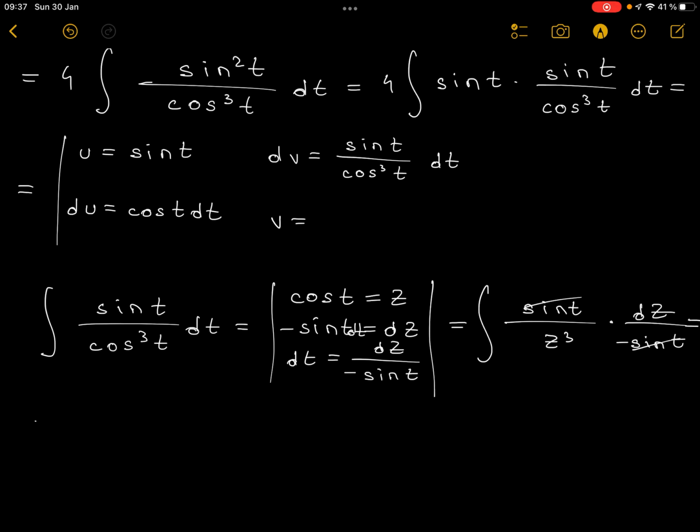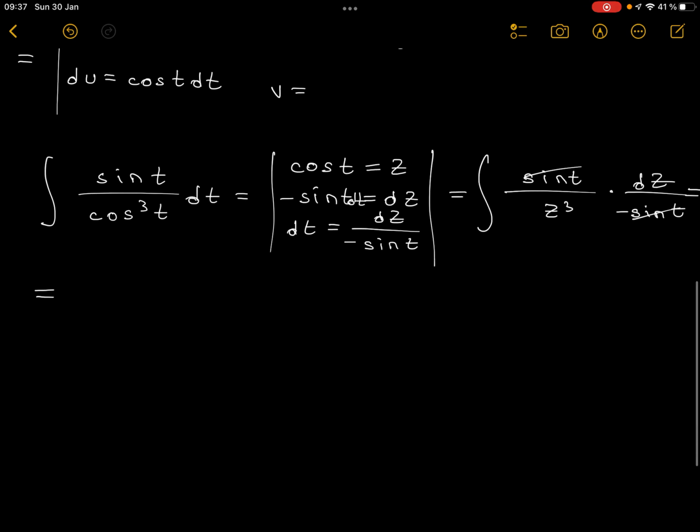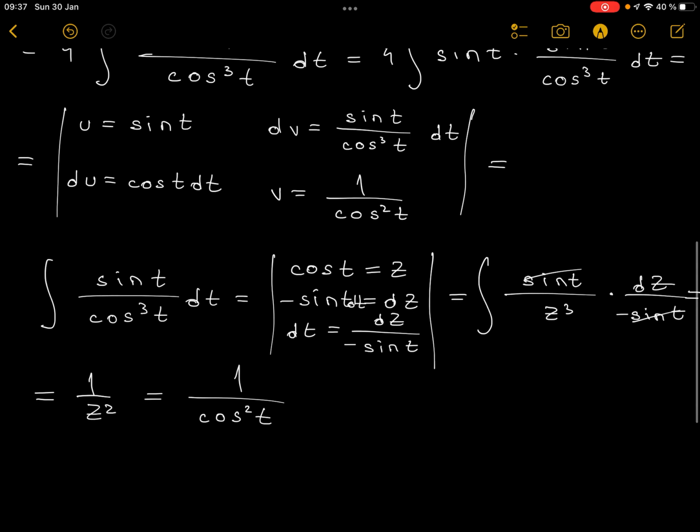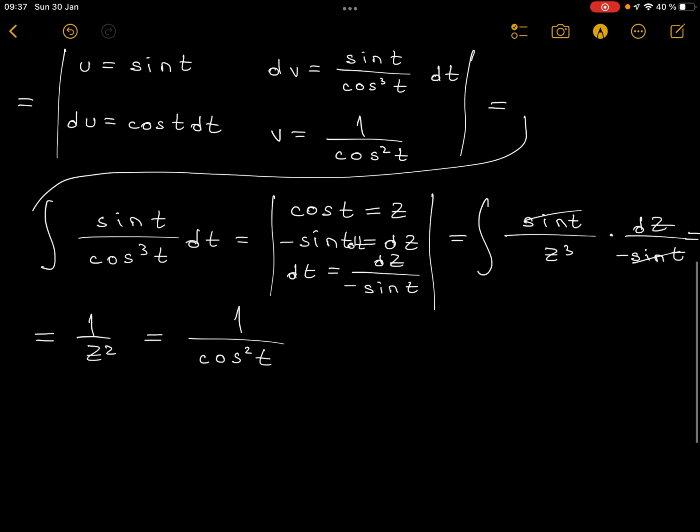These two cancel out, and this will just give us 1 over z squared, which is the same as 1 over cosine squared of t. Okay, so v is equal to 1 over cosine squared of t, and this will now give us